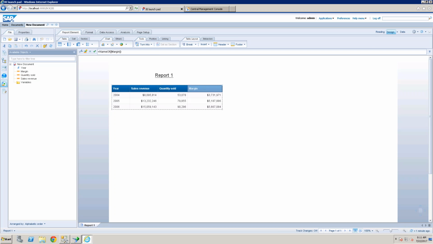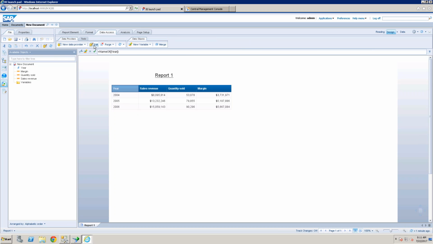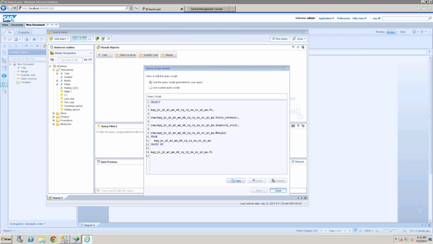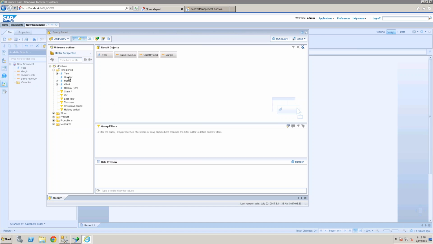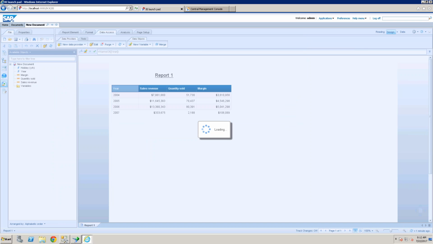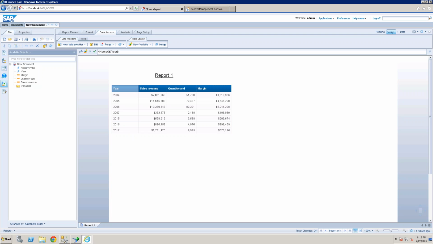I just designed a summary report now and edit a query, and let me add one of the detail objects here. So I can see the 2004 to 2017 data, all the data I can see now.